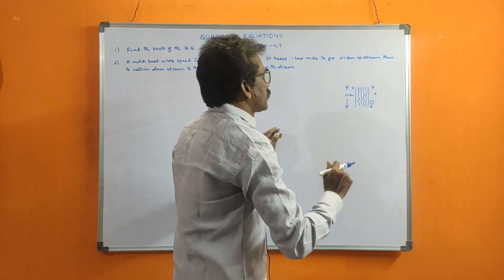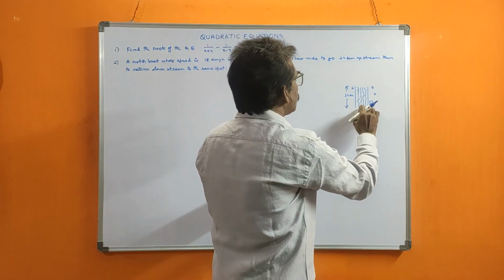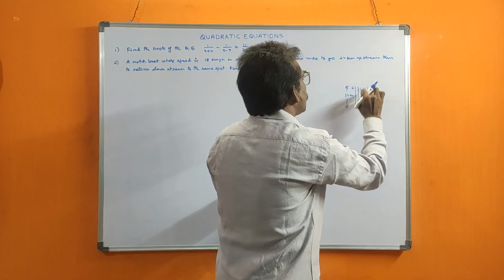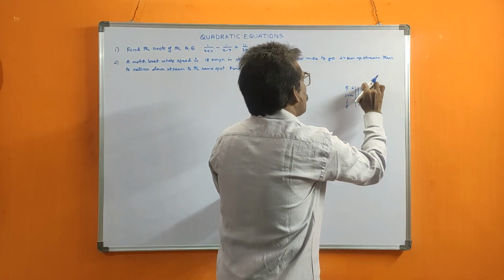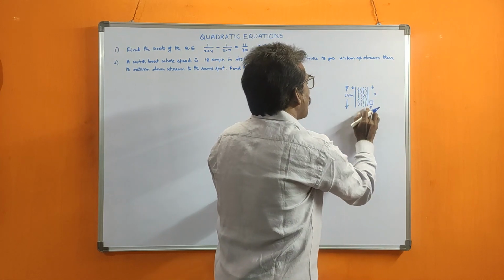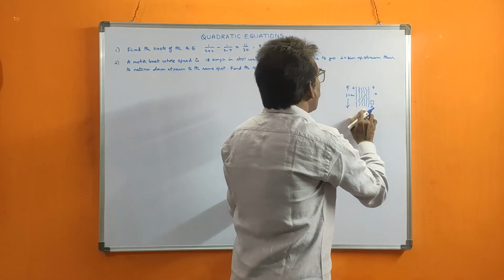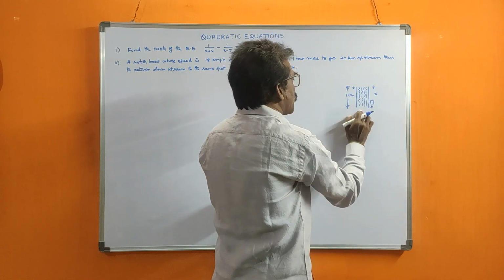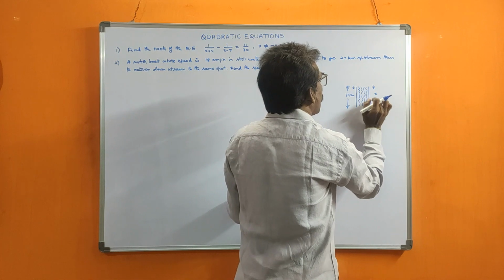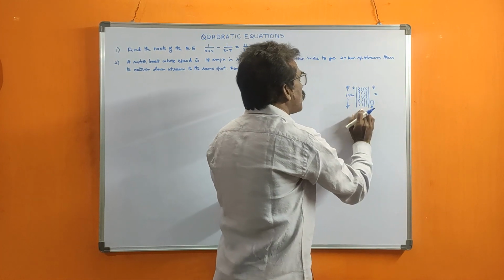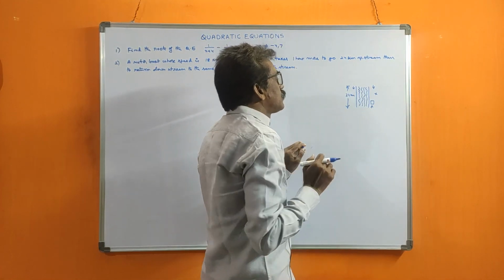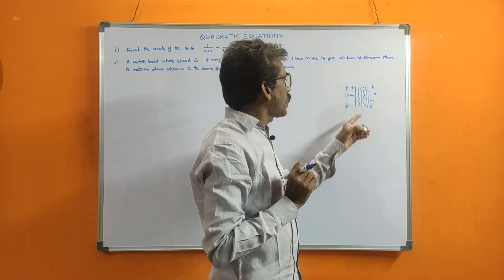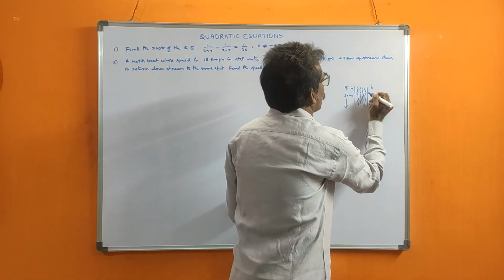Now, what does the question mean? For going upstream, he traveled 24 kilometers. For 24 kilometers upstream, how much time did he take? He took 1 hour more than to go downstream. That means suppose moving up is upstream, then return is downstream. He took 1 hour more upstream, because upstream means the velocity will decrease in the opposite direction.